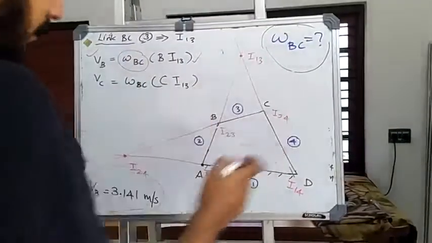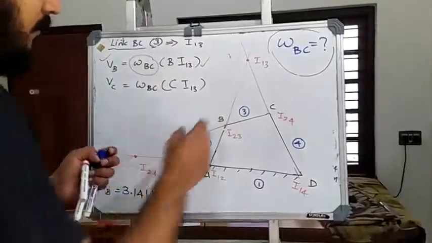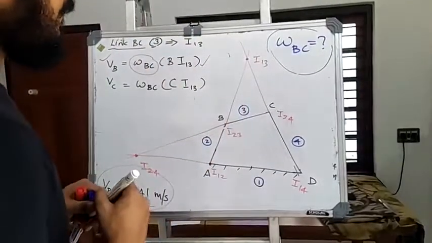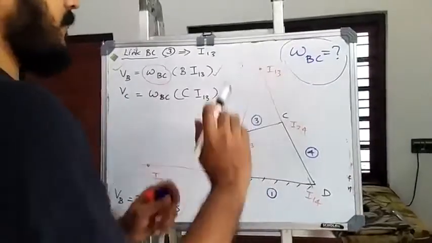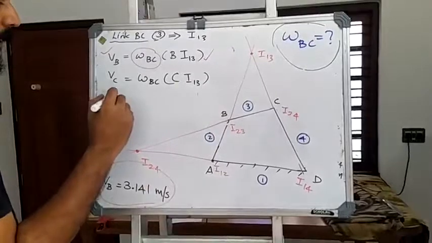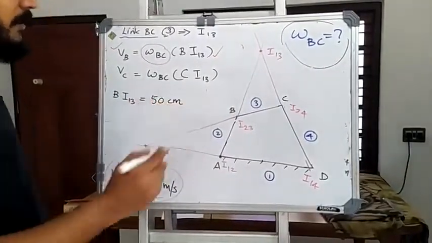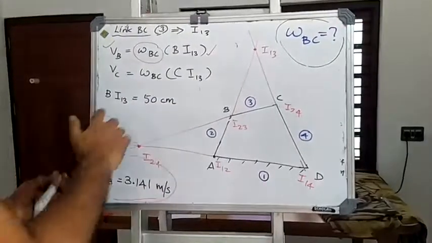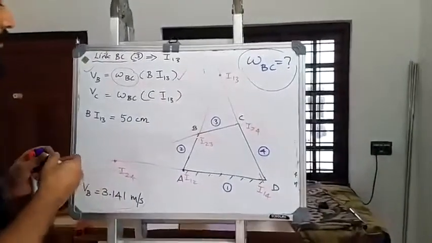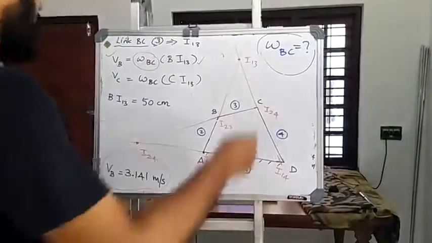Now, when you draw this within your configuration diagram using your drawing geometrical tools, if you take your scale and measure this distance from your configuration diagram, you will obtain the distance BI13 is equal to almost 50 centimeter. That's what I am obtaining. Now you can check this out by drawing the figure yourselves. You have to definitely check this out. So this is the centimeter distance we are obtaining by measuring using our scale.